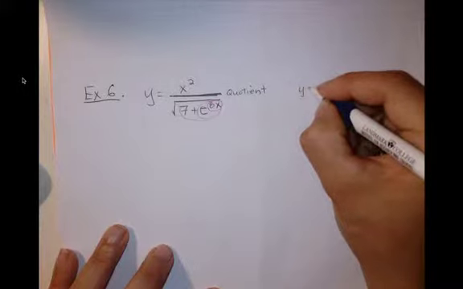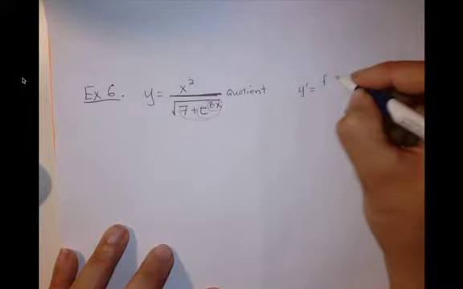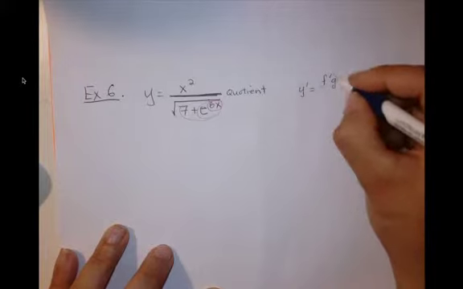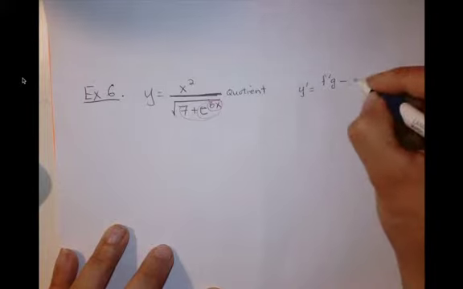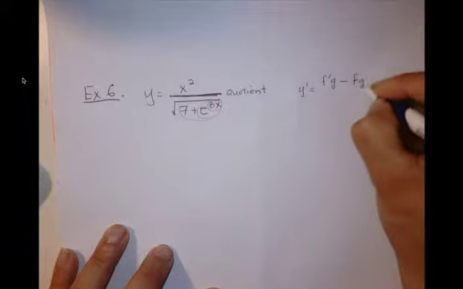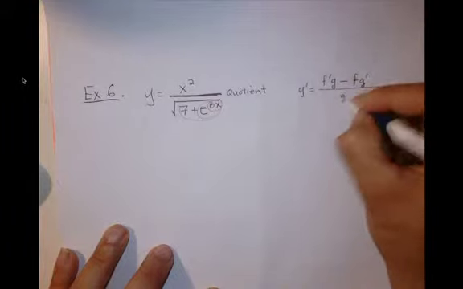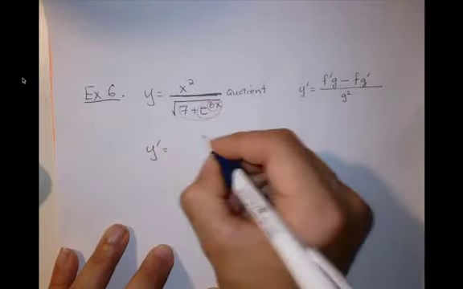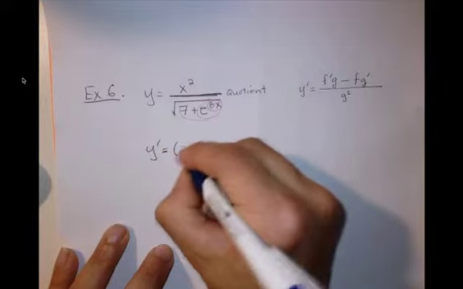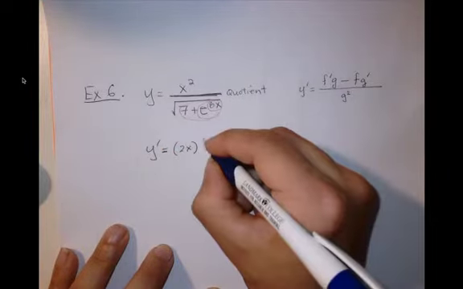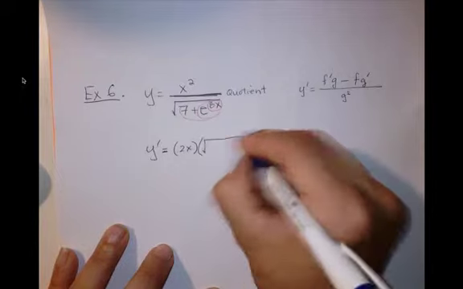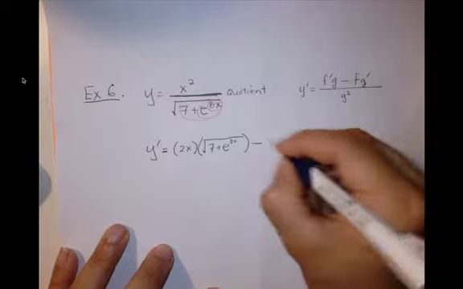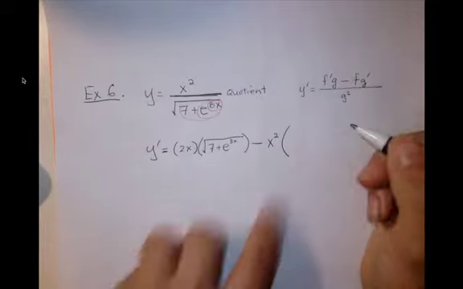So I'm going to use the derivative is f prime times g. So the derivative of the top times the bottom minus the top function times the derivative of the bottom, and then over the bottom function squared. So here I have y prime is equal to the derivative of the top, which is 2x, times the bottom, which is the square root of 7 plus e to the 8x, minus the top function times the derivative of